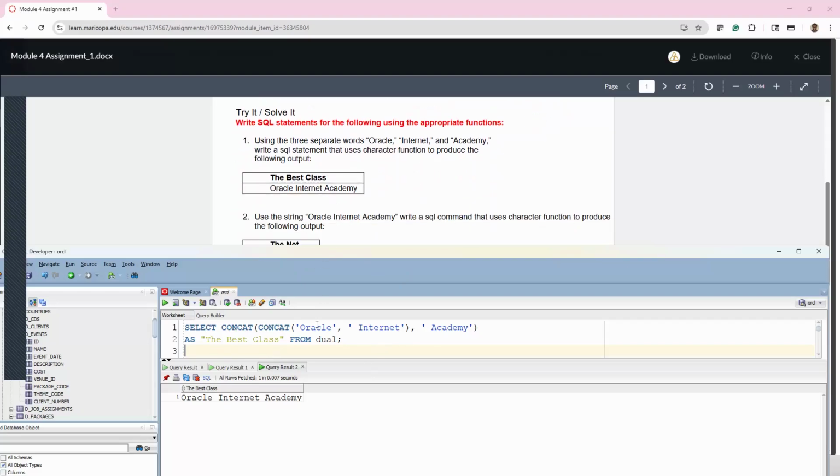So that one was pretty easy, just a concat. And this particular person did a concat of a concat. Remember, concat only has 2 parameters, or 2 arguments, I should say. You see they just put Oracle and internet, including the spaces, so we get the correct output. All right. And then the second one